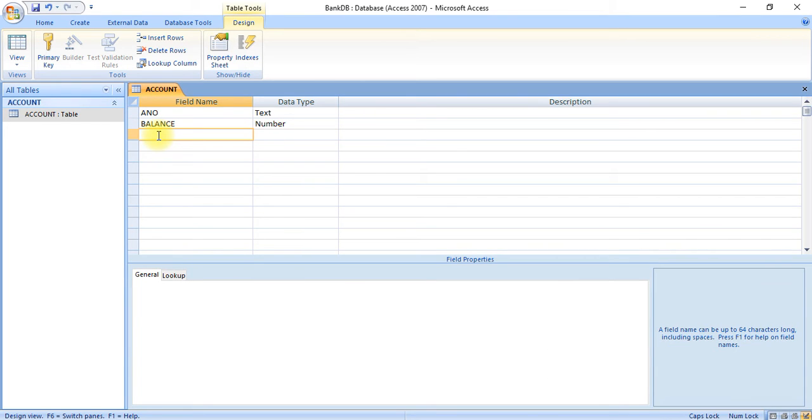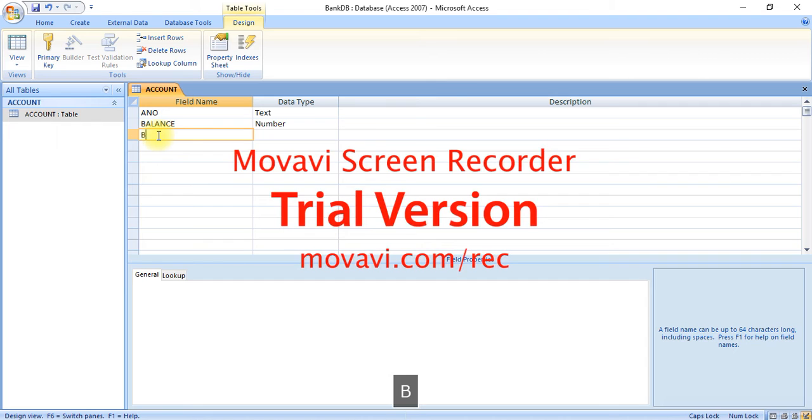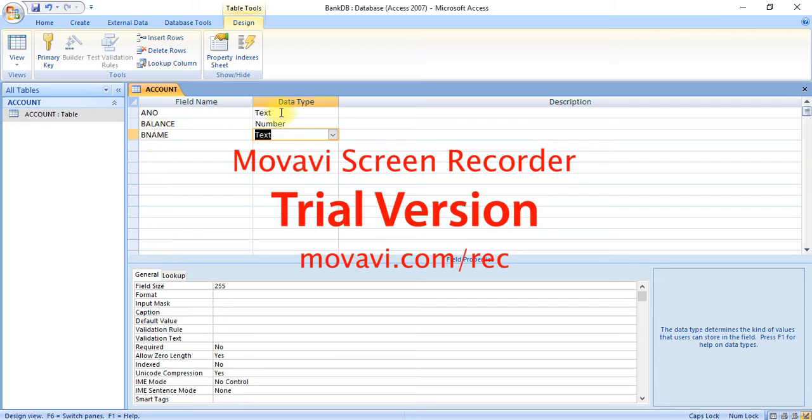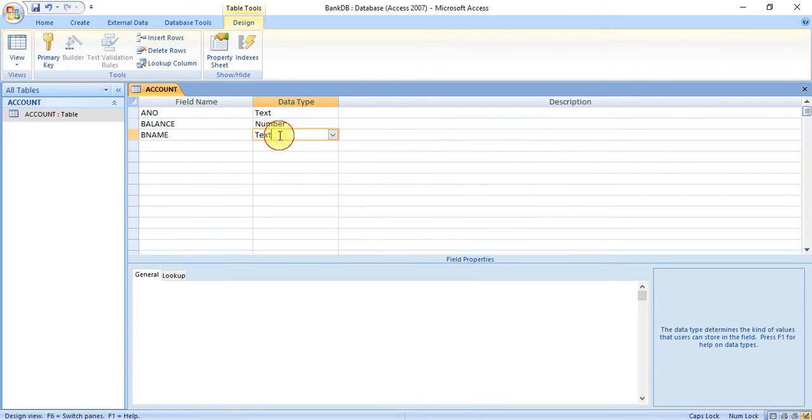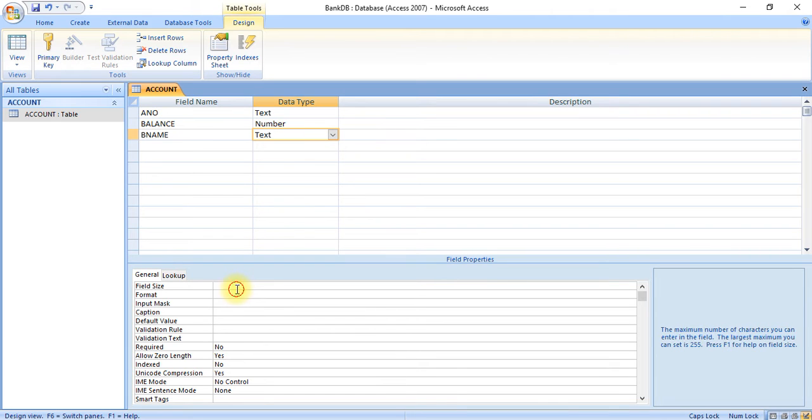The third field of this account table is bname. The data type we select for this bname field is text, and we set the size to 5.